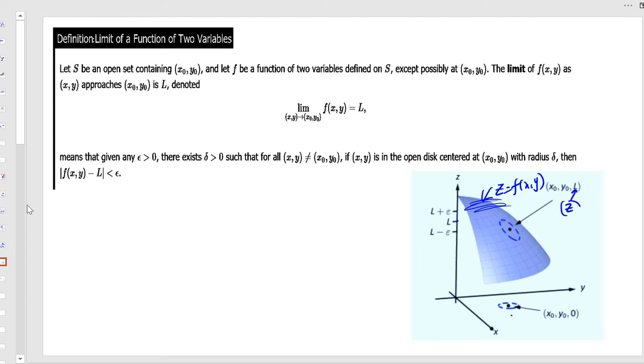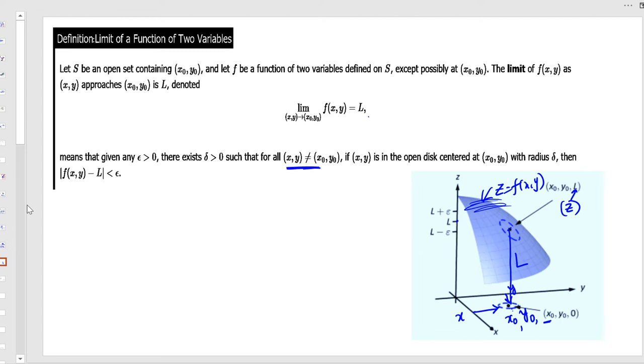We are claiming that L is the limit of this function, as x tends to x naught and y tends to y naught. Then you will get the limit as L. This L will be the limit. The meaning is that